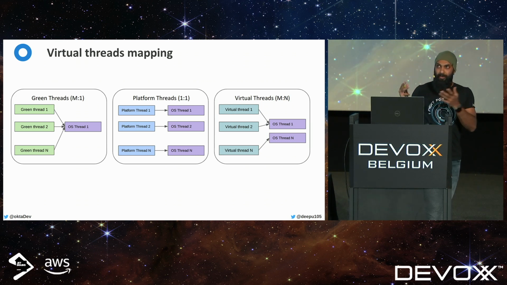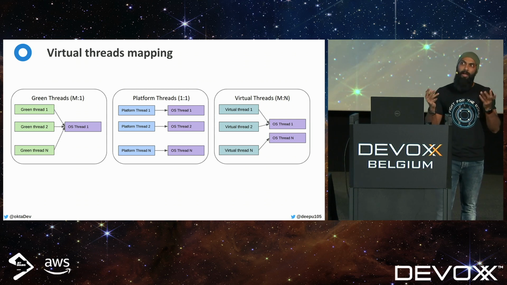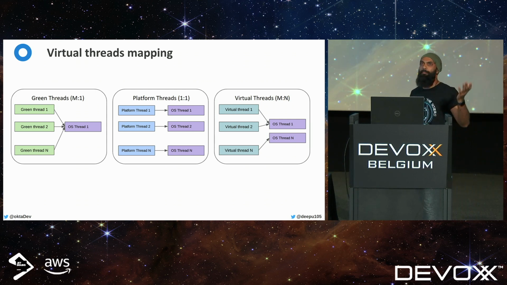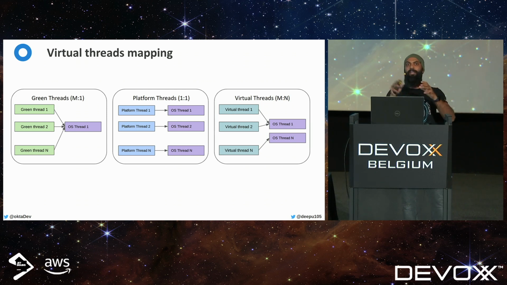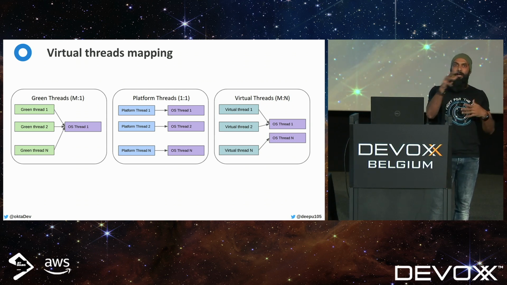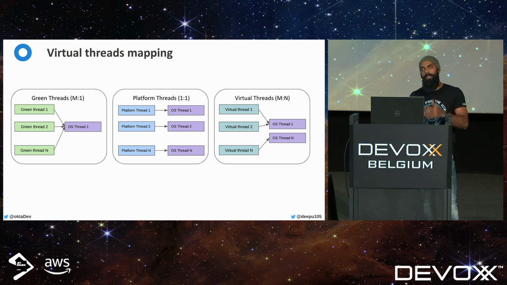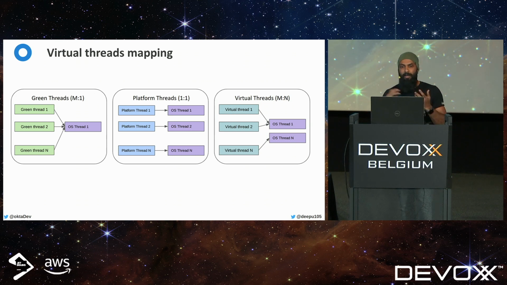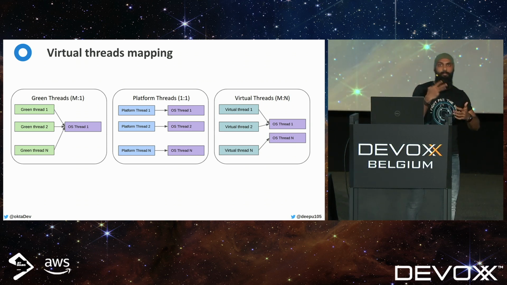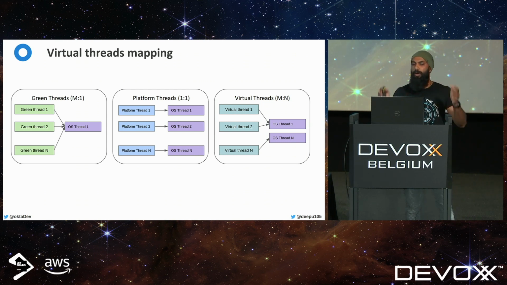Of course, you could implement something similar with the current platform threads. I'm pretty sure there are implementations where you already have a thread pool of certain threads, and you write all this logic yourself to manage and park threads to increase throughput. But with virtual threads, all that becomes unnecessary. You could just switch to virtual threads and you get great throughput for free. And also, doing this mapping and implementation at the JVM level is much more efficient than doing it at the user code level.